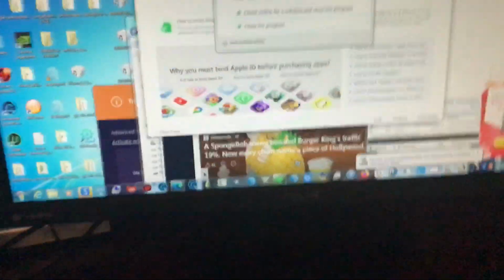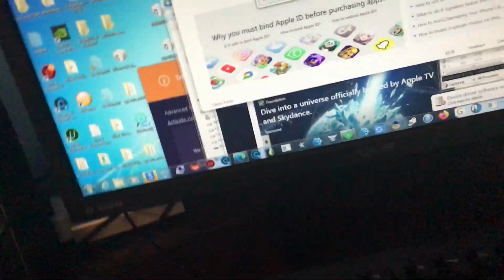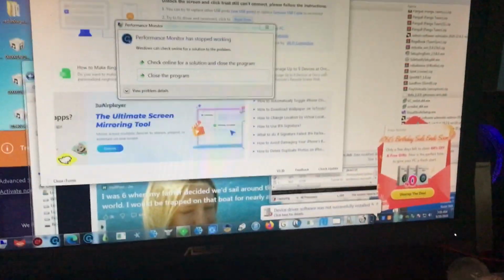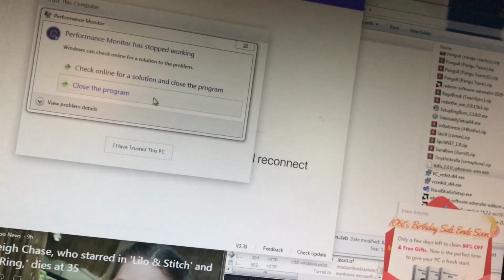First you need to download all the requirements. I can't show you all the websites just because I don't want to waste too much time. So first, plug in your iPhone 4. You need iTunes 11.0 or iTunes 10.7, or earlier than those versions mentioned,